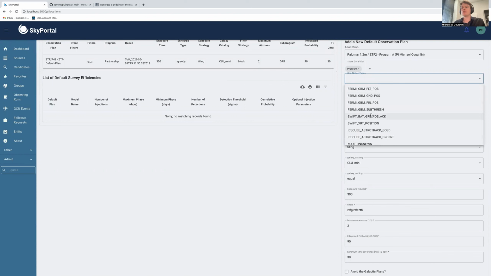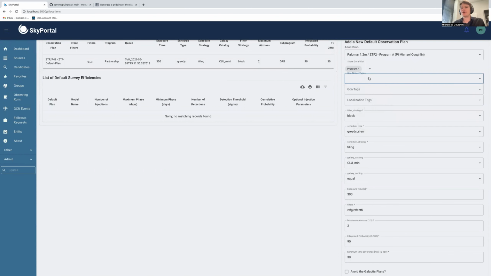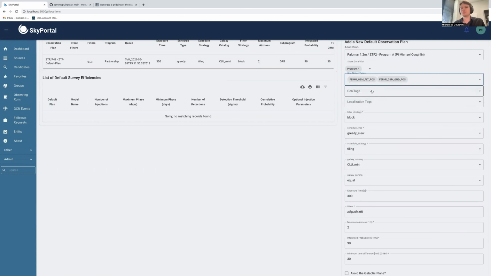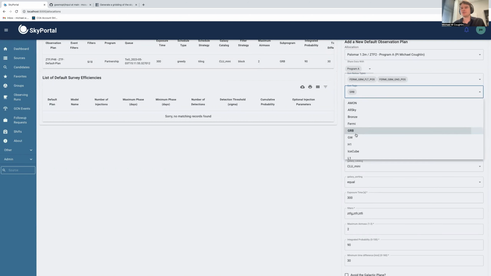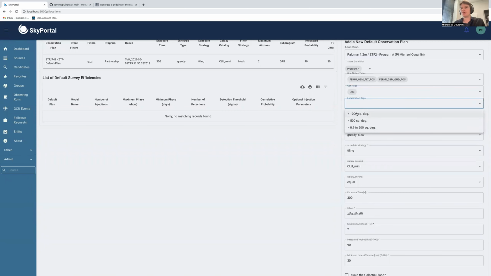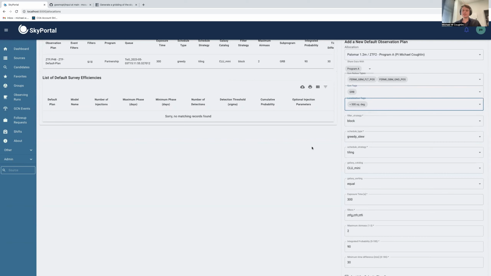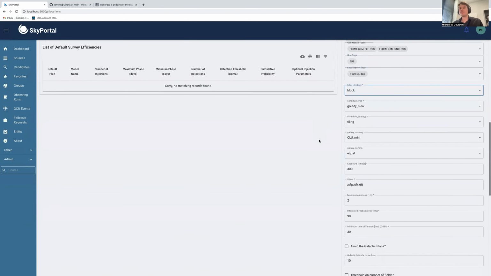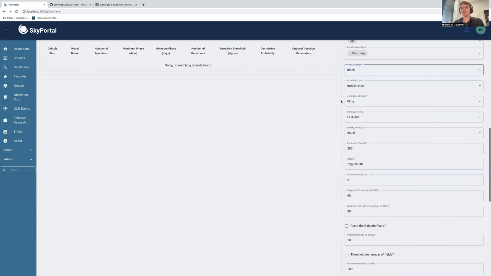And so, for example, if I want to assign specific notice types, I can do this just for Fermi, for example. I can demand that it has a tag GRB or whatever, and specific constraints on localization. Maybe I only want plans created for localizations less than 500 square degrees. We've talked pretty extensively about the options in